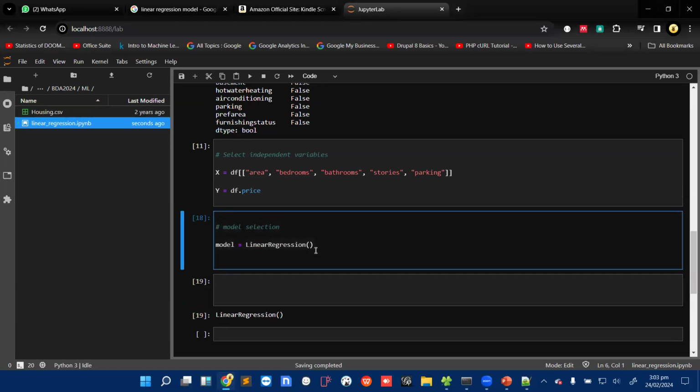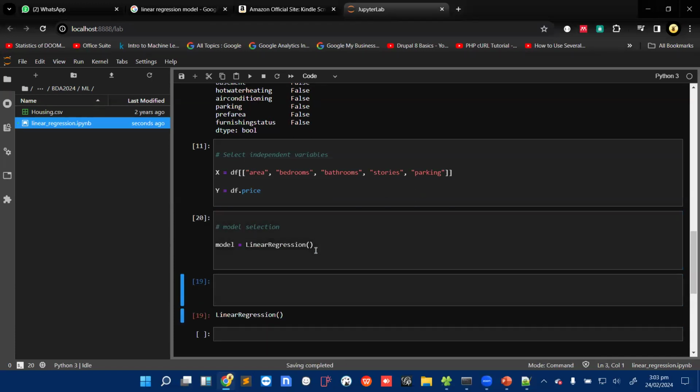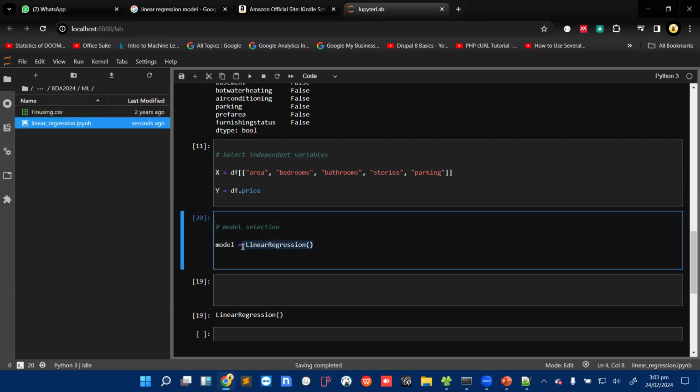Now, when you're trying to build a machine learning model, you select the model you want to use. The next thing you have to do,